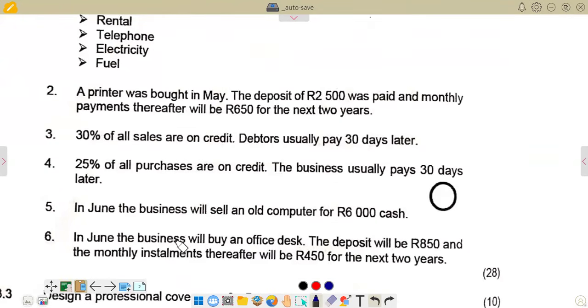The next one is saying in June, the business will buy an office desk. The deposit will be 850 rands, and the monthly installments thereafter will be 450 for the next 2 years. So it means we are going to buy an office desk, which is an outflow, which means it's going to be a payment that we are going to make, 850 in June. Then after June, we are going to have some installments of 450. So those are going to apply after. So we go there